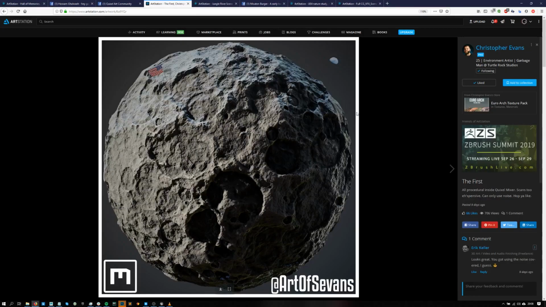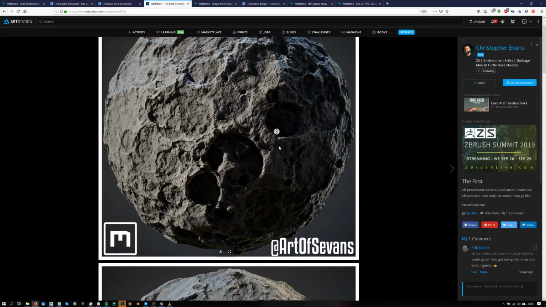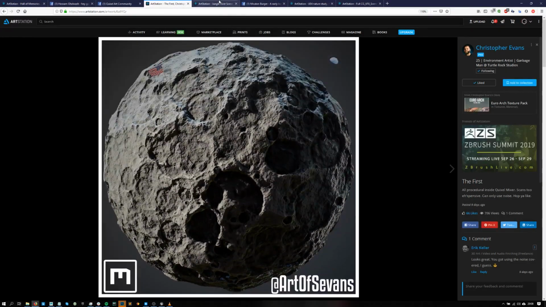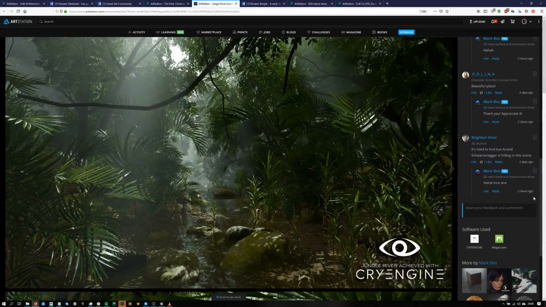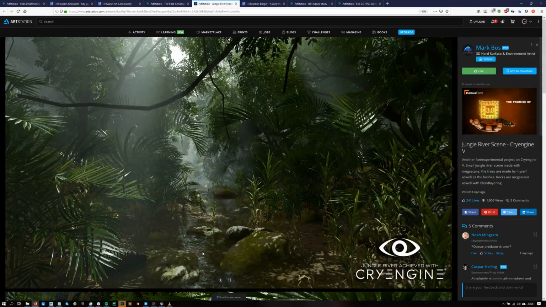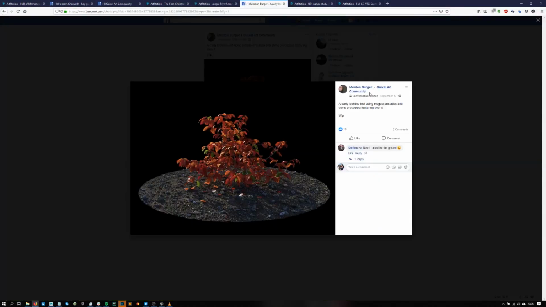And then you have the amazing Christopher Evans doing God's work with Mixer, and some amazing CryEngine renders here with, I think he used Megascans for the rocks and some really nice shaders to blend the moss and other types of layers, like moss and maybe tileable rock textures on top of it as well. And then you have another one from Mouton Burger as well,